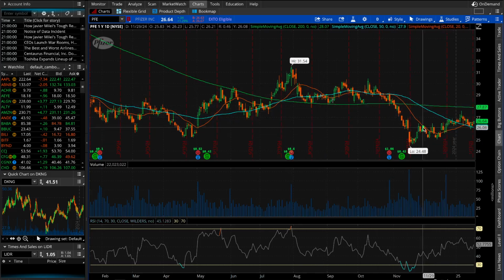So right now it's below it. If you were to buy Pfizer right here, it's below the 200-day moving average. Maybe you're like, man, I see some upside on Pfizer to $30, right? So let's just call it a $4 swing right there. And they pay dividends, so you could get a little bit of money on that. You can say, well, I want to play this. I think this is a good price right here. So you get it at 26. Let's say it goes up to like